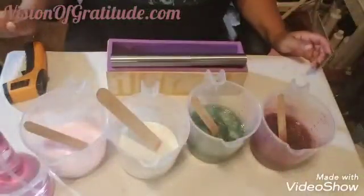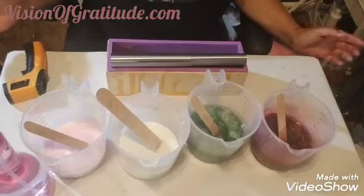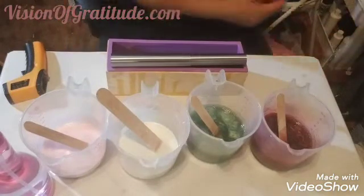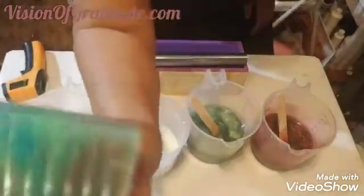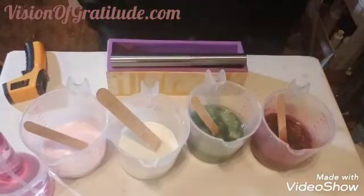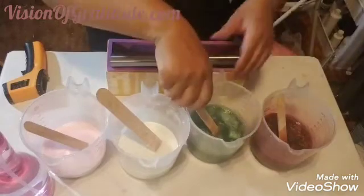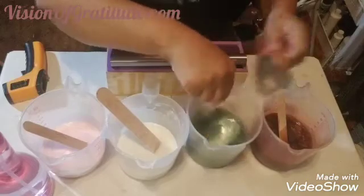Hey guys, so I ended up having a change of plans. I didn't like the last swirl, the way it came out. So what I ended up doing, this was the last swirl. What I ended up doing was taking half of the soap, cutting it up. So this is what it came out to when I cut it up. So I split that in half,